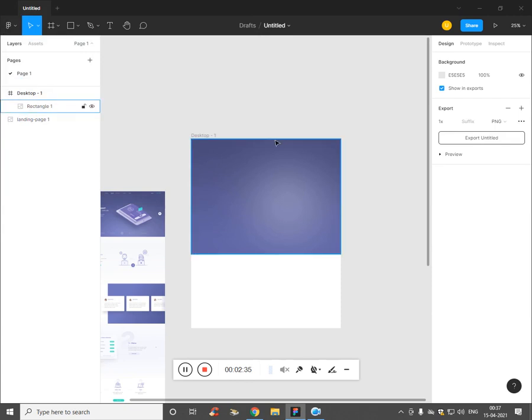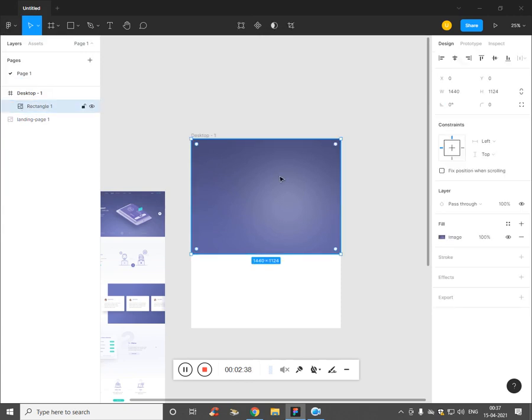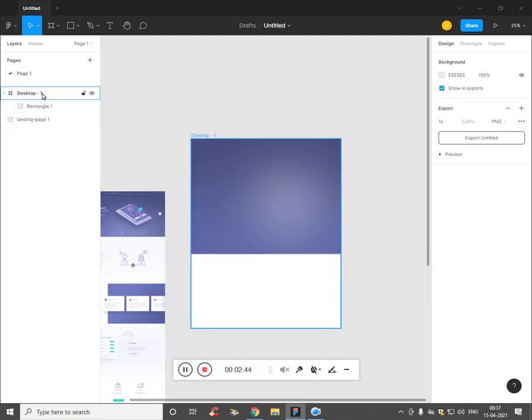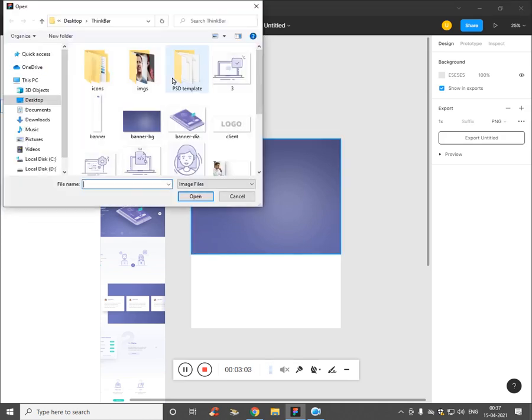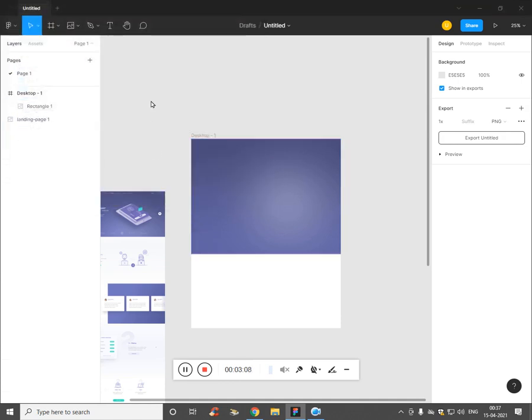What happens is, wherever we click, it acts as a container. So if I click here and place the image, the image will be placed inside the container. I don't want that, so I'll click on the desktop or somewhere outside the desktop, and place the image. This time we'll be placing the logo outside. It's taking some time. Let's choose the logo. Open. I think we have clicked multiple times.